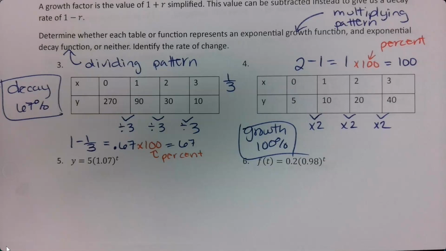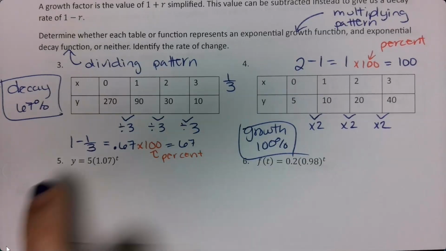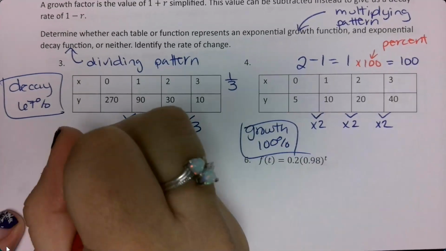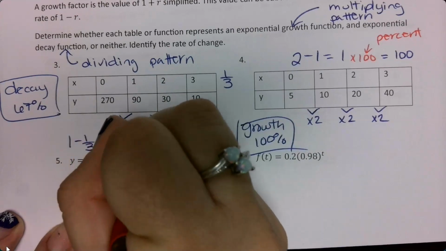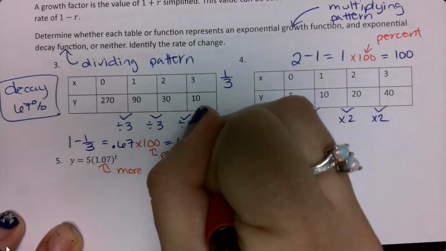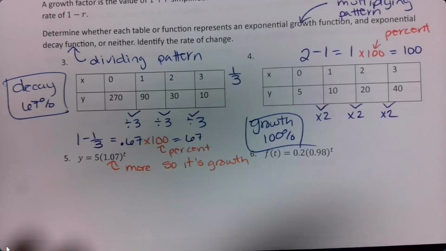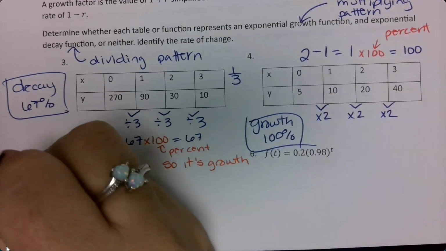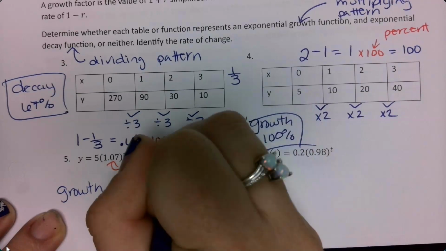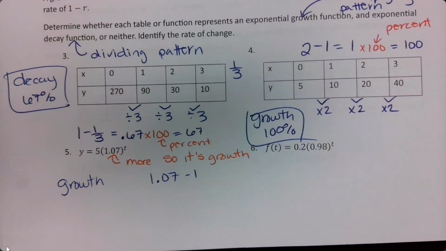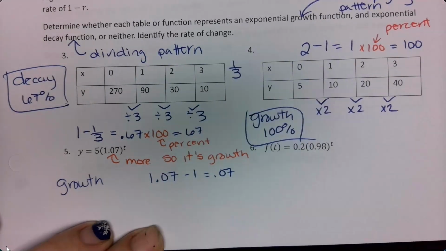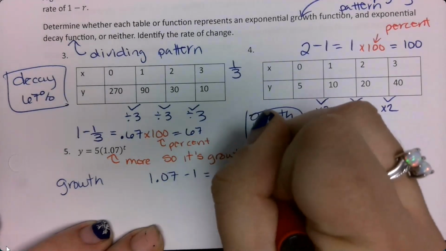Okay. On number 5, it's inside the parentheses. This number is more or less than 1? More, so it's growth. And then to find this percent, I just want to take 1 and subtract it from that value. So 1.07 minus 1 is? 0.07. And then I want to times that by 100 to get my percent, which is